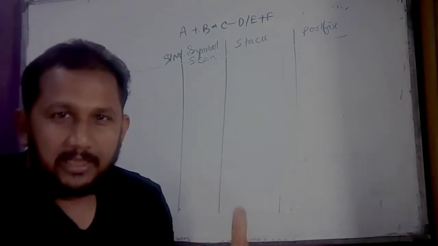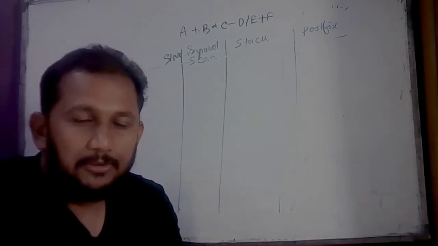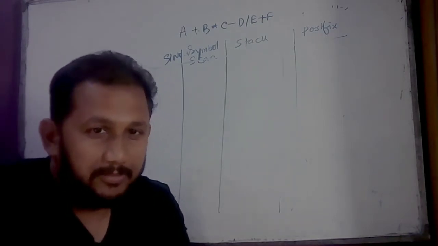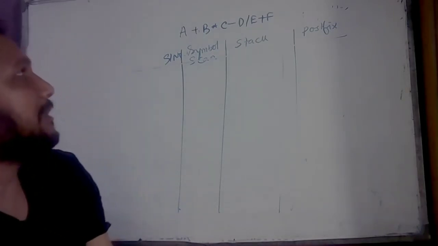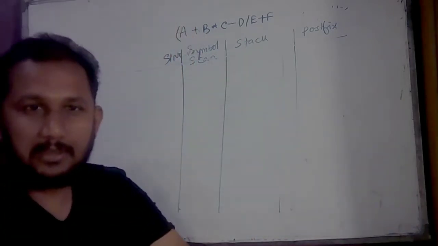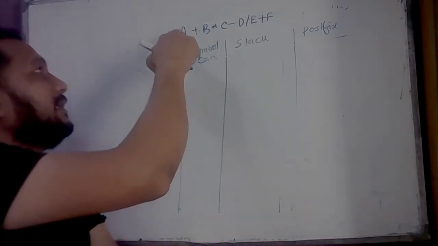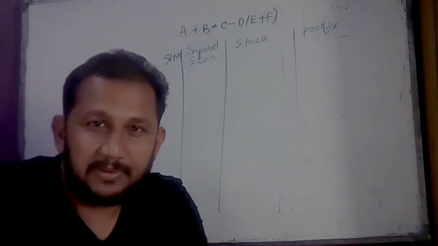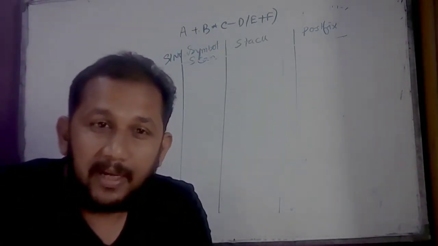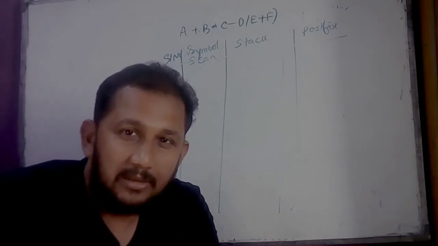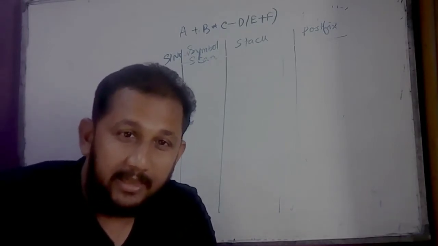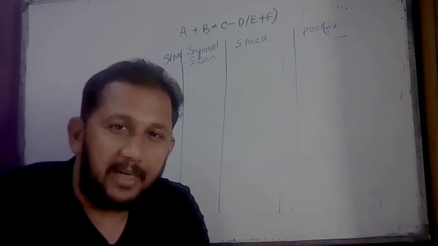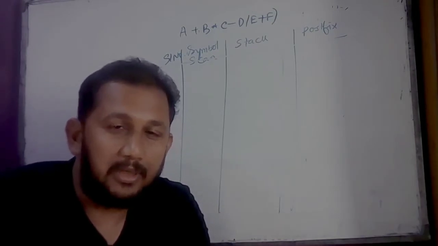Before I discuss the steps of the algorithm, there is an initial bracket in the stack, and there is a closing bracket after the expression. We need to put a closing bracket after the expression. Why is this closing bracket used? Because this bracket indicates the end of the expression. So this bracket is included after the infix, and there is an opening bracket that is put into the stack.